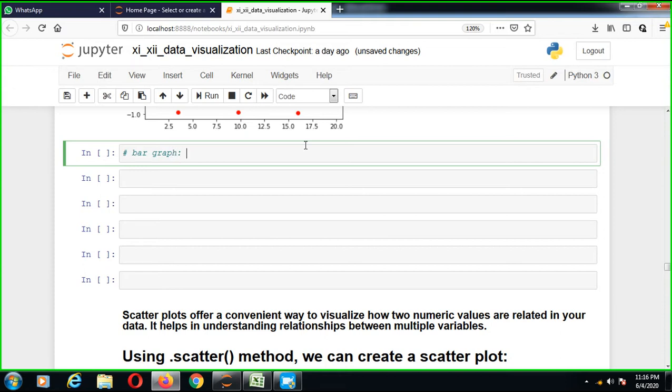A bar graph is a graphical display of data using bars of different heights.